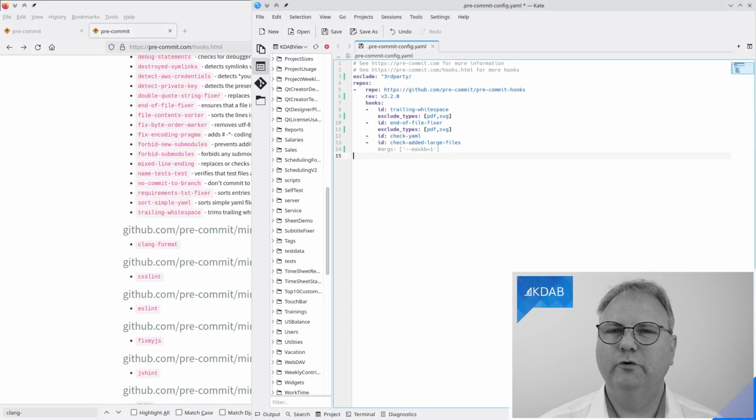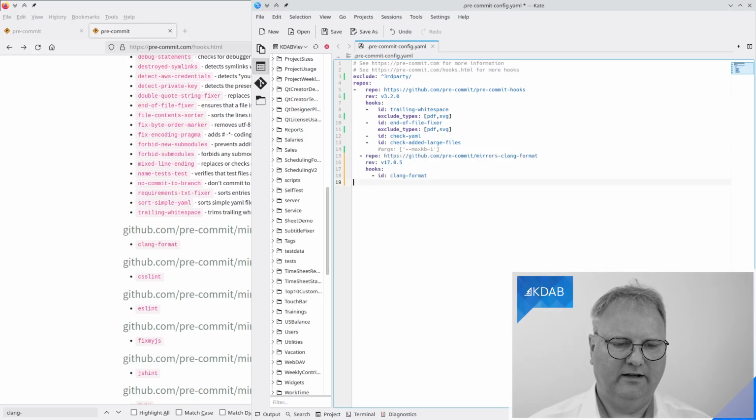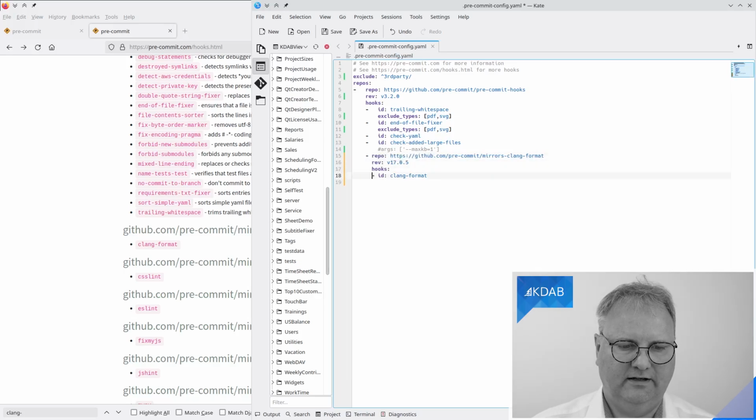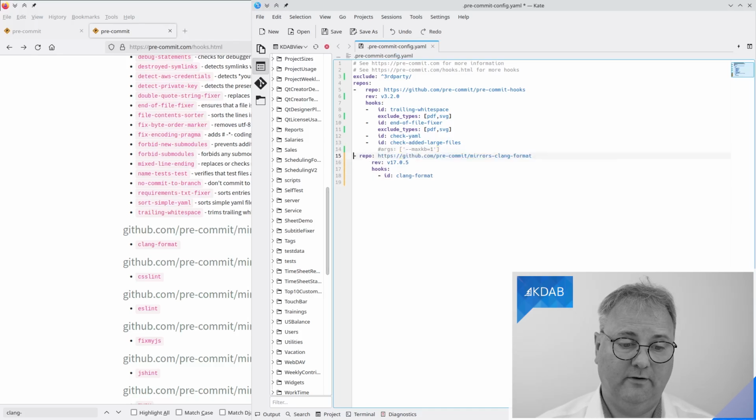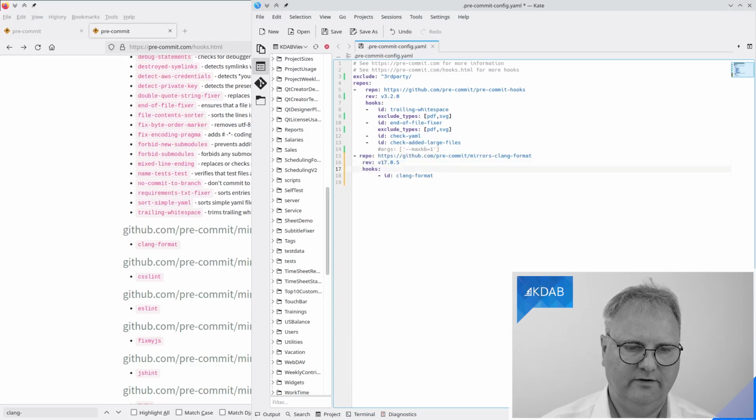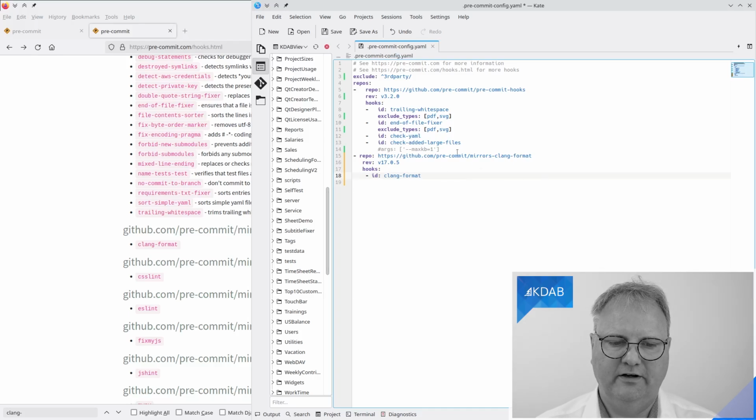And now finally to what I came for, namely Clang format. To get that in here, all I need to add is something that looks like this, and maybe I should just indent it more properly so that it works for me in my brain here. Oh, whoa. Okay, now I'm breaking everything. There we are. And here are the hooks. And this repository that I have up here has one hook.